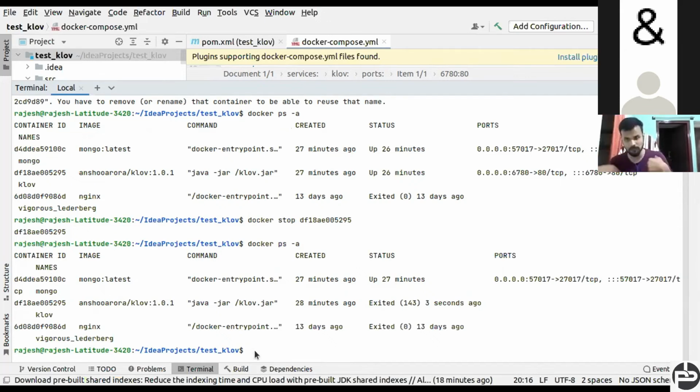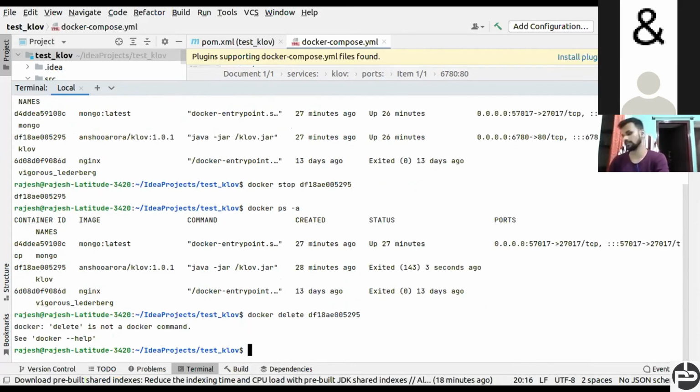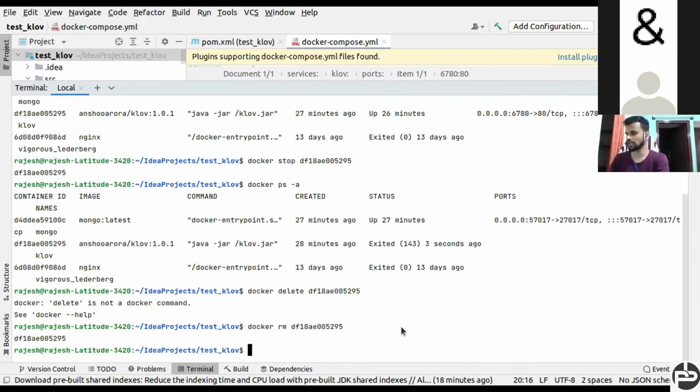So you have to remove that container. The command is pretty simple: docker stop and okay, delete. Oh sorry, the delete command is not working here. The command here is rm. You can remove it, and the container has been removed. If you want to check whether the container has been removed or not, you can use ps